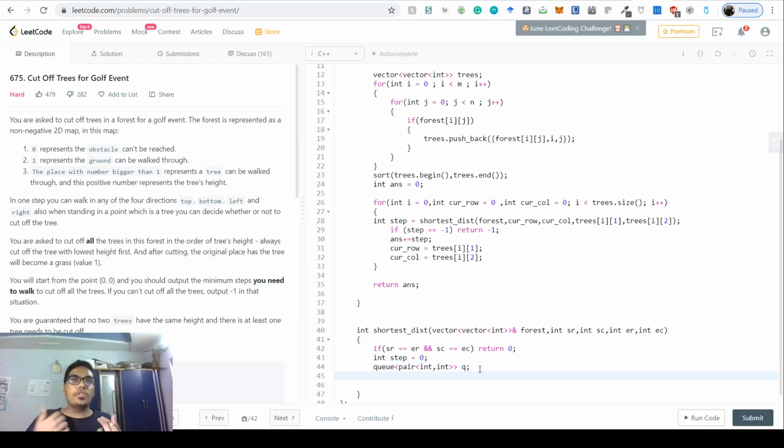We also need to store whether we have visited or not, and the best way of doing that would be to store it in a set. But the thing is that you cannot have a set of pair of int. That is the gimmick with C++. You cannot have a set indexed by pair. For that you need the boost library, which is not supported in competitive coding.